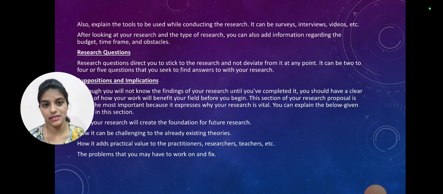It may be like the surveys or the interviews or any type of videos. And also you have to talk about the budget and the time frame and the obstacles you have faced during the study, and the research questions. These are the main important